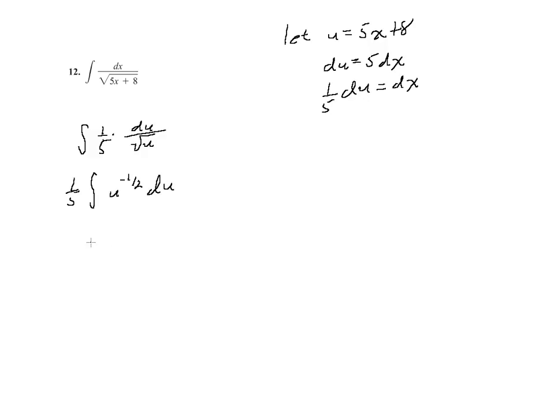So now we can integrate, so we have 1/5 times u raised by a power of 1, which is 1/2, over the new power, plus c. And honestly, this might be the way you do it, because it might seem easier. I can bring that 2 up and make 2 over 5 times u to the 1/2, u is 5x plus 8, and I just changed the 1/2 back to a square root, plus c, and that's the answer. Now another way to do this